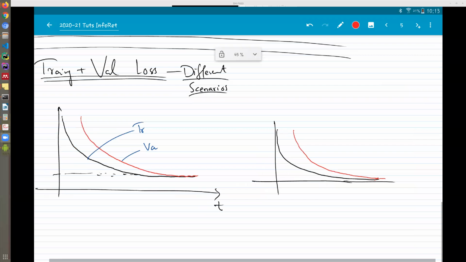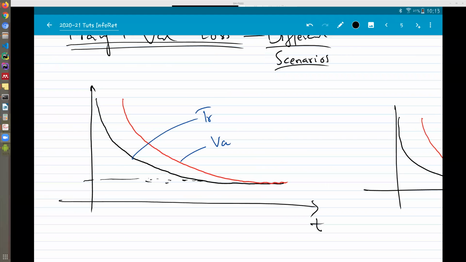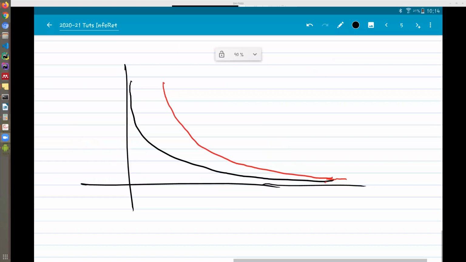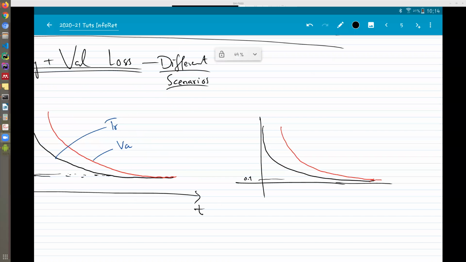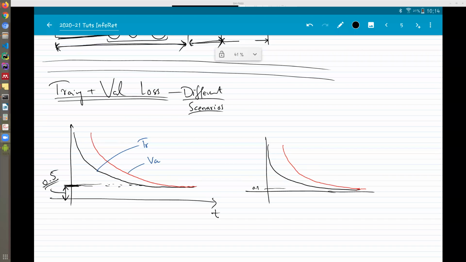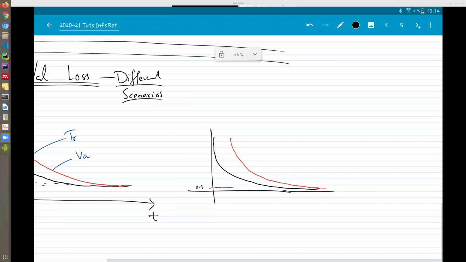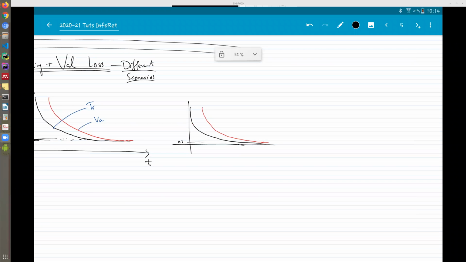So what's happening here is, we can see that for the given model parameters, both training and test loss became the same, but still, just for your understanding, this value was around, let's say, 0.5. But here we can see they are really close to zero. So maybe this is 0.1, let's say. So when we increased the model parameters, we were lucky enough that our training loss decreased, but also our validation loss decreased. And now if we increase the model parameters further, what is expected to happen is